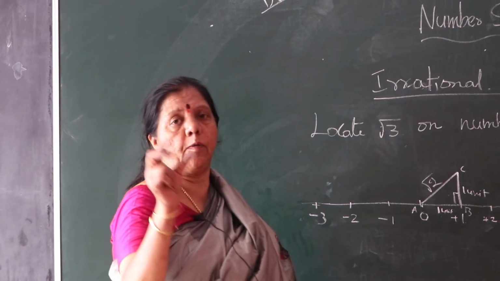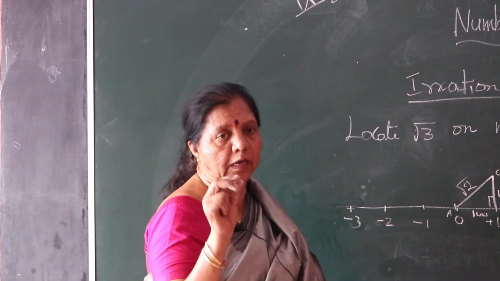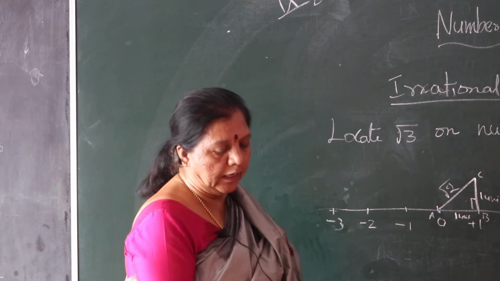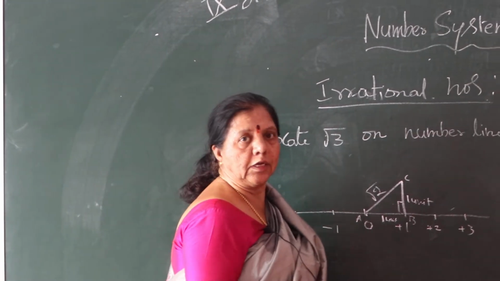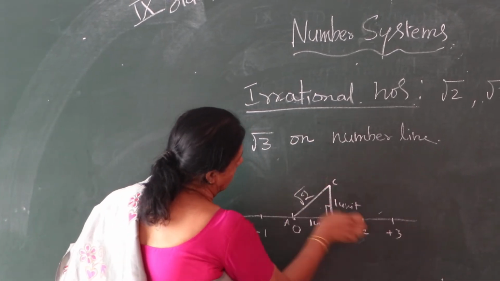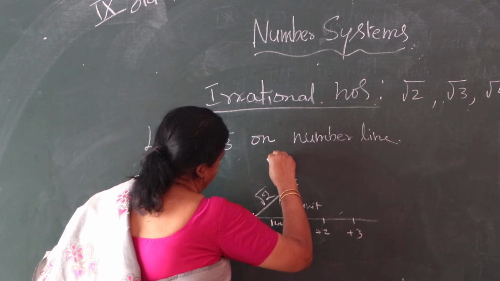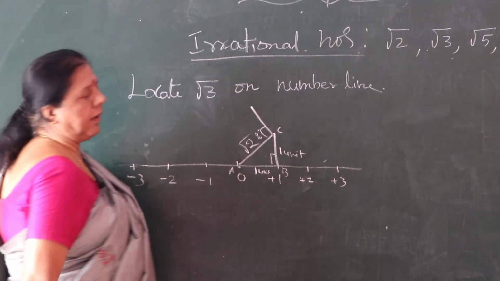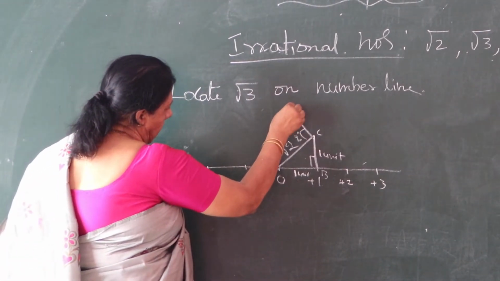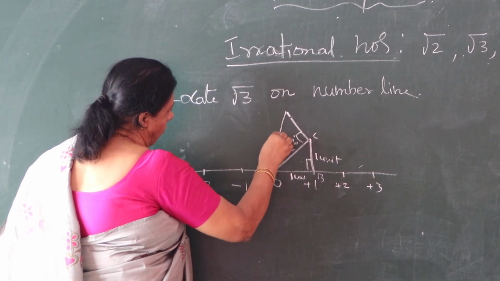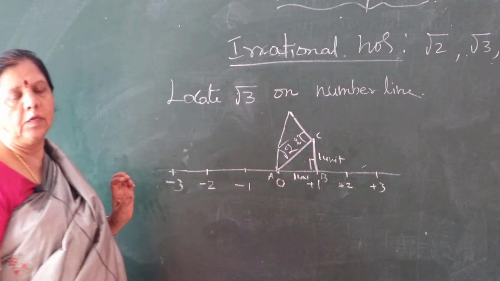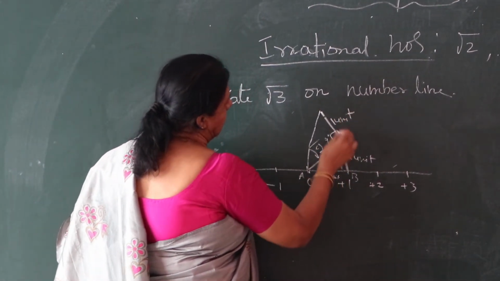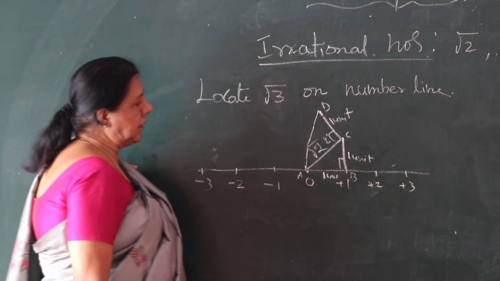So now take your protractor. You know protractor in your geometry box. The semicircle type is there. That is called protractor. Keep your protractor like this, draw a 90 degree, this is 90 degree. Join to O, O or A, join. So this is one unit only. This name it as vertex D, vertex D.